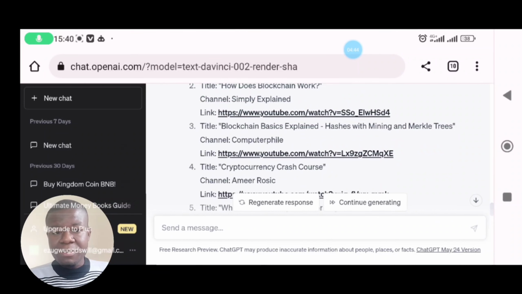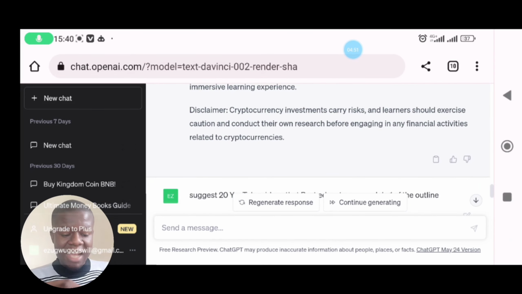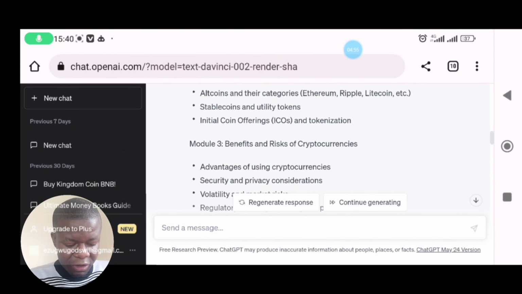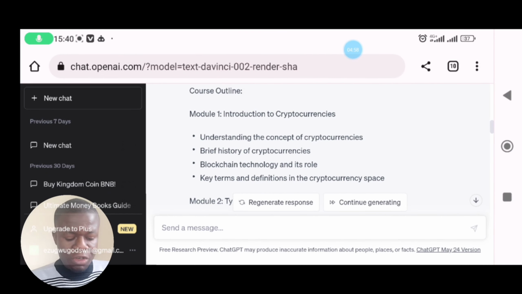On different courses. And actually this video I'm doing right now, I'm going to use it to create a PDF. So if I'm going to create a PDF, I'm going to use ChatGPT. As you are seeing, I can also ask ChatGPT to develop content. Okay, I've asked it for videos.